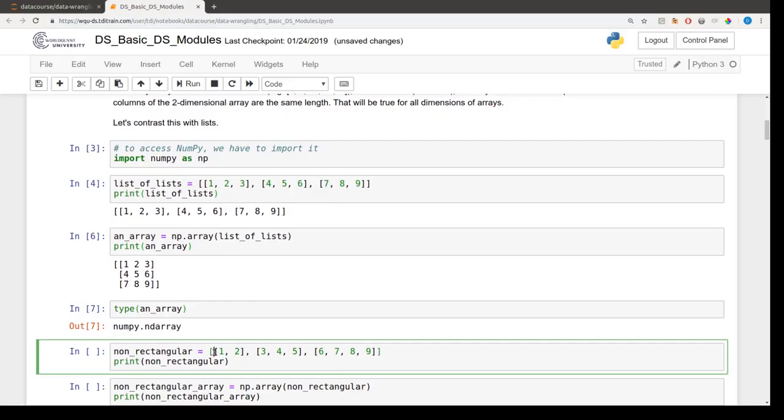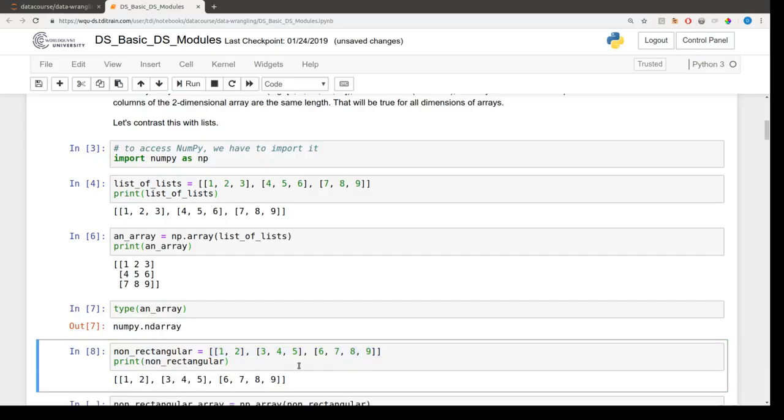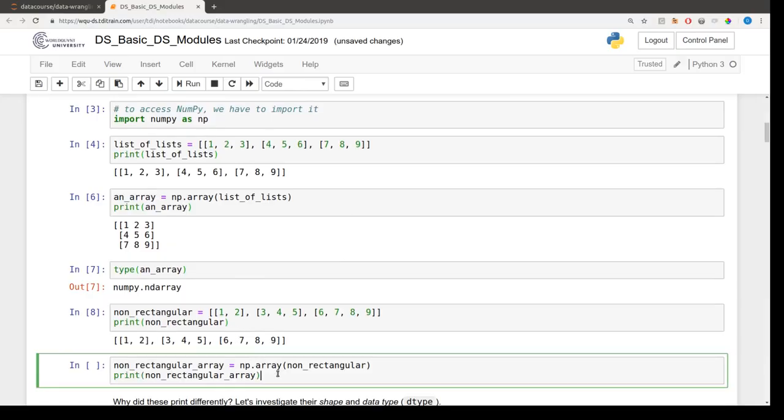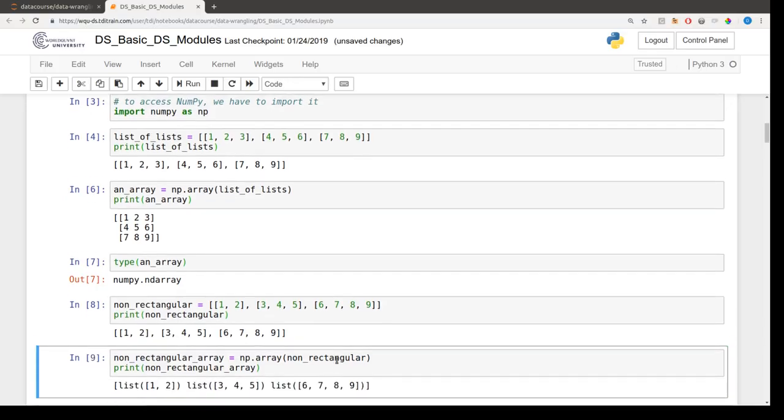So this is in contrast with lists, which have no definite shape. It's not a problem, for instance, to define some non-rectangular object as a list of lists. We could have a list of lists where each inner list is a different length. Not an issue. But what happens when we try and turn this list of lists into a NumPy array is